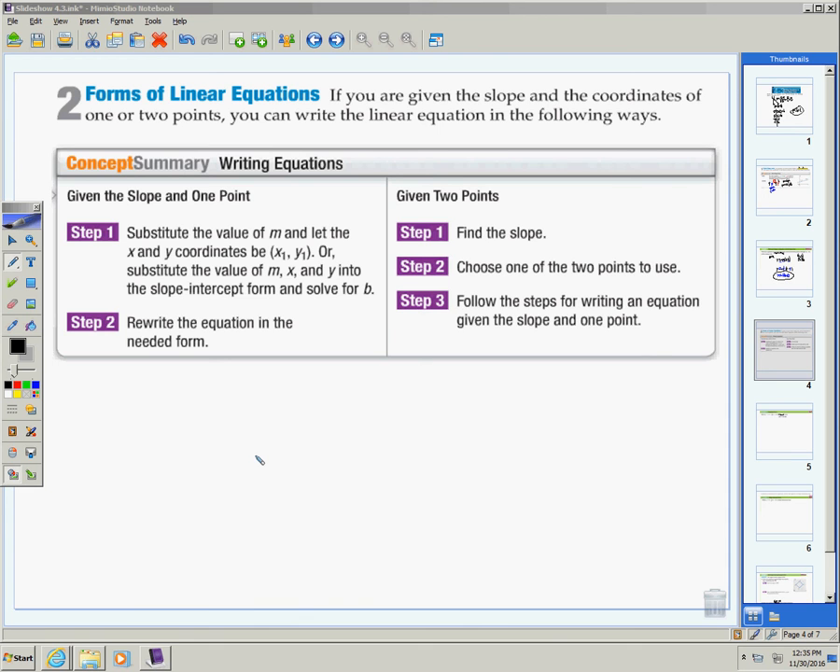A quick summary on writing equations. If you're given a slope and one point, there's a lot going on here. Just remember there's two ways you can do this. You can use point slope form, for which you need